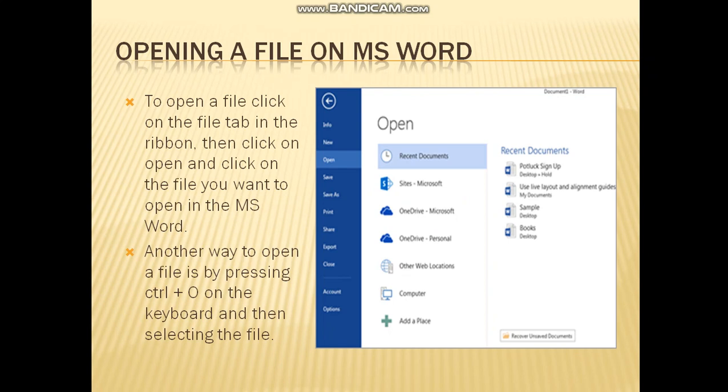You can also open a file by pressing the Ctrl key, and then you will press O key, and then you will choose which file you want to open, and that file will be open on your screen.